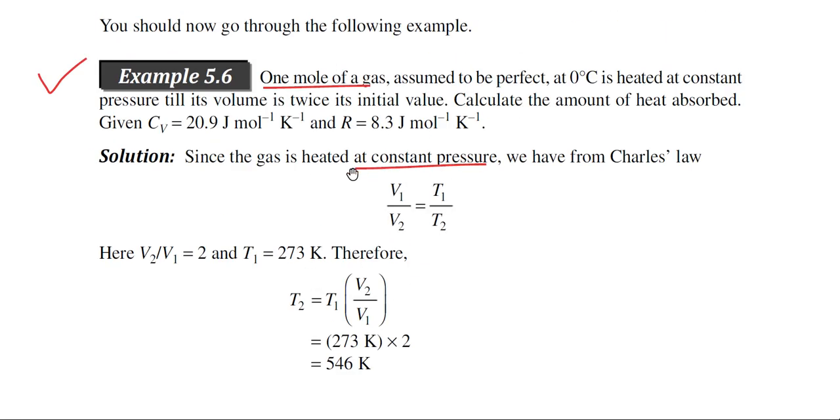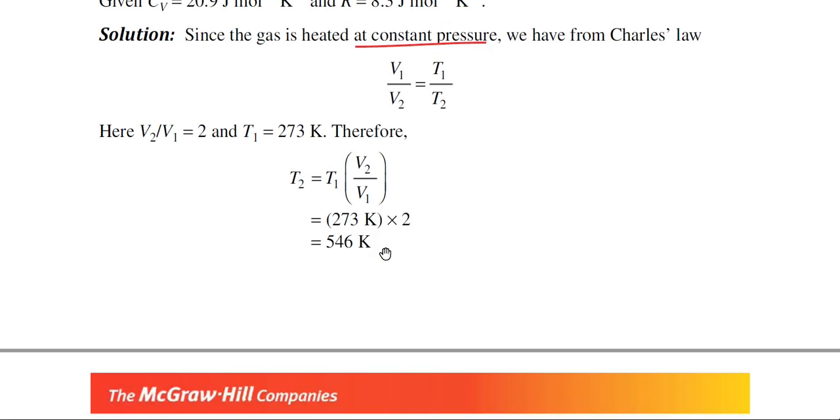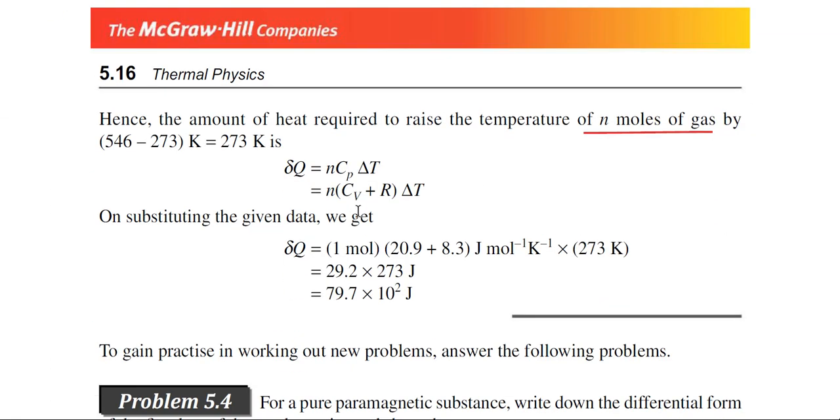And another point is that as the gas is being heated at constant pressure, it has been mentioned in the problem, that is why here for the specific heat we have used Cp. Why Cp? Because the gas is being heated at constant pressure. So, n Cp delta T. So, Cp is equal to Cv plus R, but all the values we know, here n is 1, because 1 mole of a gas has been mentioned, and the value of Cv, the value of R, the value of delta T we all know, and everything is in SI unit. So, the delta Q will be in joule unit.